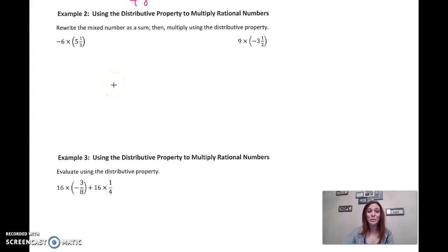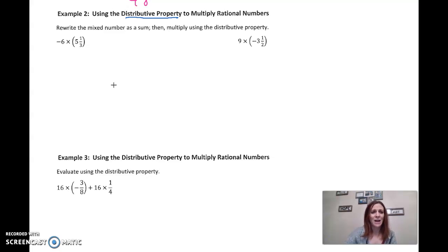All right, so you'll see example 2 here says using the distributive property to multiply rational numbers. So now we're going to focus on the other important property, the distributive property. Now it says rewrite the mixed number as a sum, then multiply using the distributive property. Well, I'm going to get this started if we weren't using the